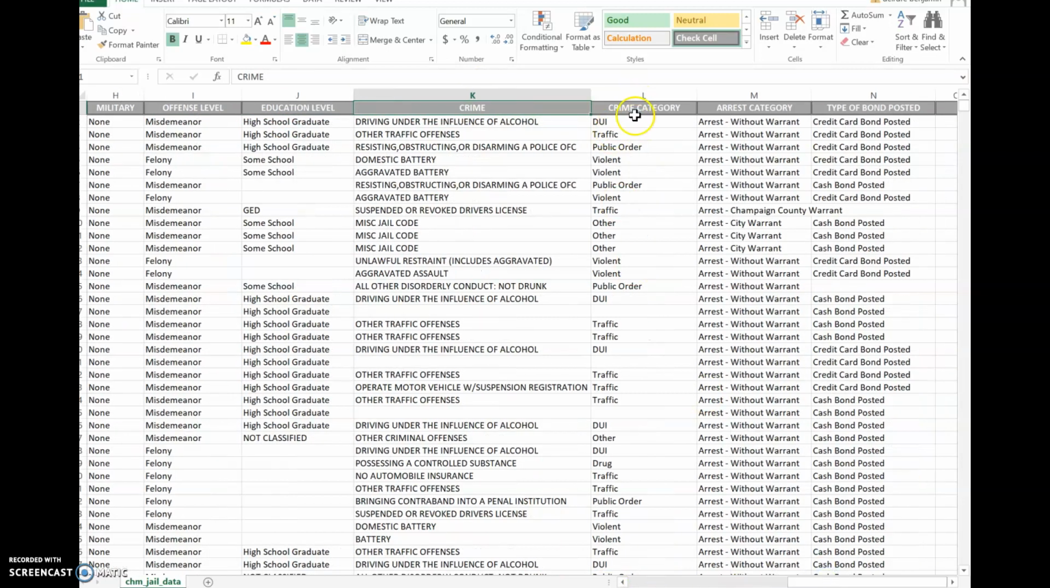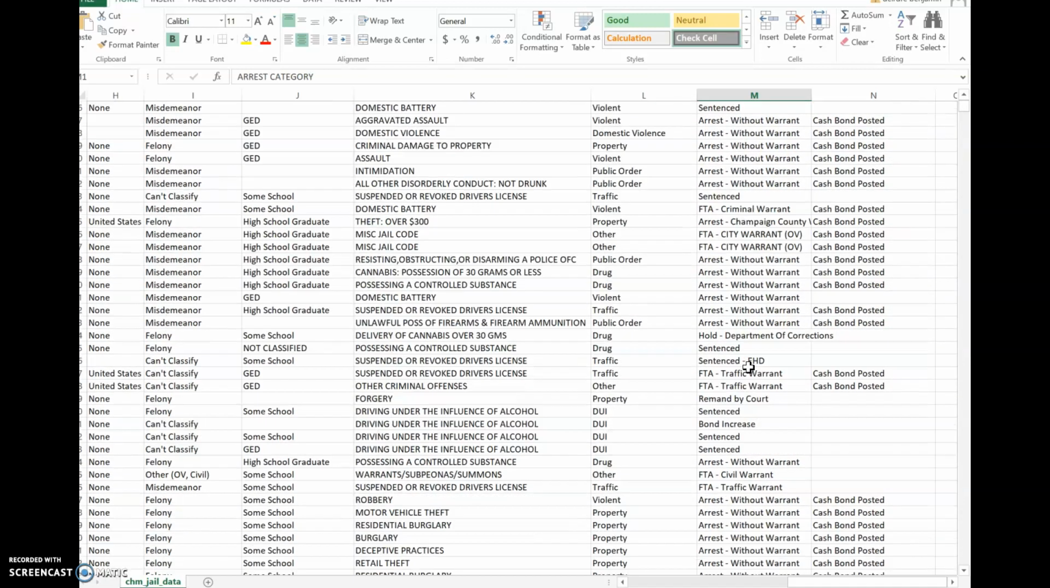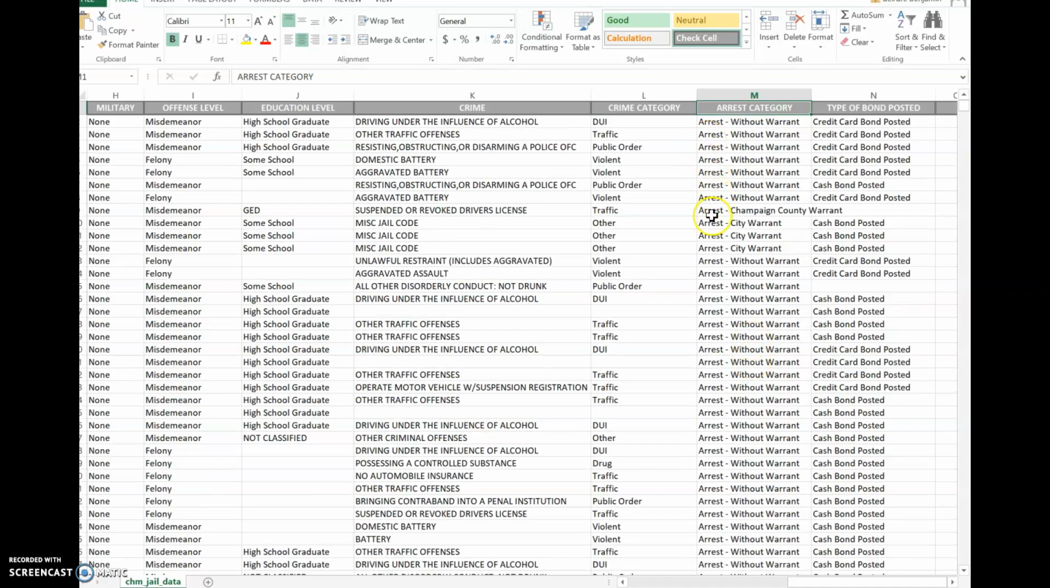Then we have crime category, so there are different crime categories listed here. Arrest with warrant or without warrant. And as you can see here, one of the ways you could do this is it looks like without warrant is very specific. With warrant is not very specific. So that question, were they arrested with a warrant or without a warrant? What you should do is this: you should look at how many